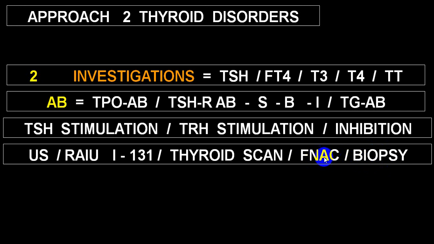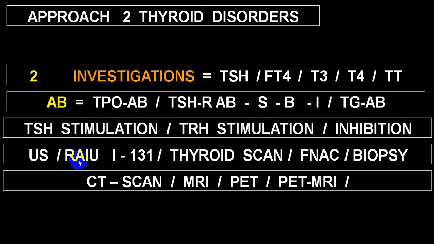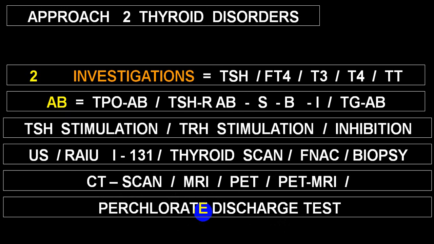This will give you an answer regarding whether it is benign or malignant, and if it is malignant, what is the probable etiology. CT scan, MRI scan, PET scan and PET MRI combinations are usually done to find out the size of the thyroid gland tumors, malignant, non-malignant, spread, etc. Metastasis, invasion of the surrounding structures, compressions, all those can be identified by doing CT scan or MRI or PET CT, PET MRI.